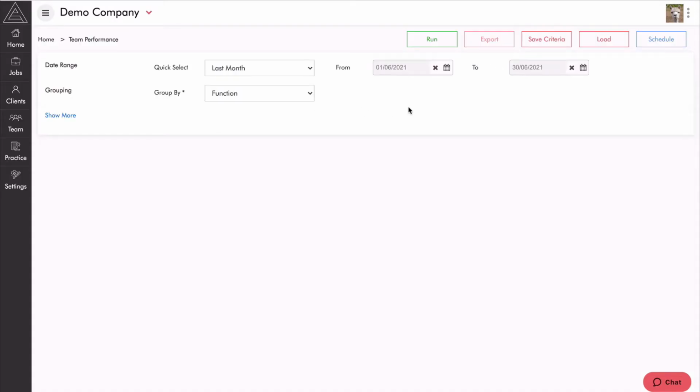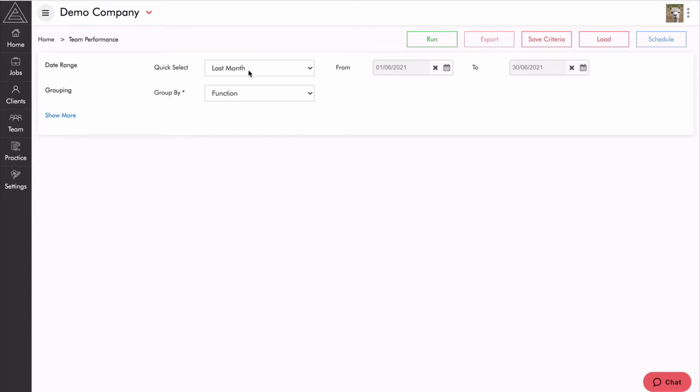Right, so when you first start using Link reporting, you may not have any grouping set up. As you can see here, I've got function, role, team, and office. This is how we're going to group our report. Later in this training, I'm going to take you through how we set our groupings up. But for the most part, if you're not seeing anything sitting in this box here, you want to watch the section on groupings. So I'm just going to hit run,